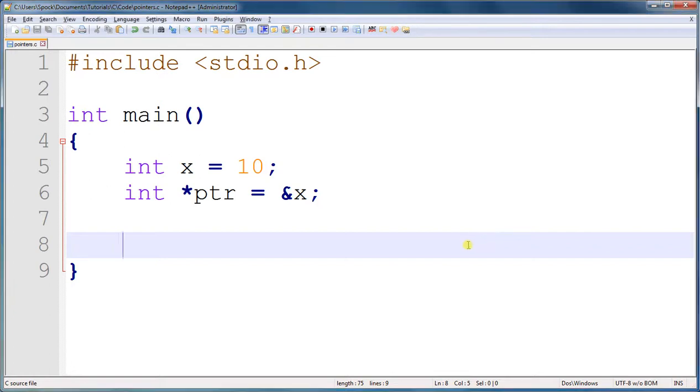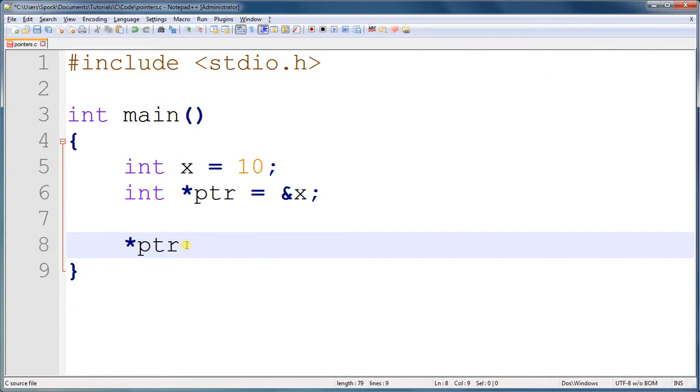Well, the first thing that you can do with a pointer variable is you can use it to access what it's pointing to. So I can take that pointer variable, and by using a certain operator in C, I can access that variable x, the 10. And the operator that you use is the asterisk. Just like you create the pointer with the asterisk, you use the asterisk followed by the pointer variable's name, which is ptr,